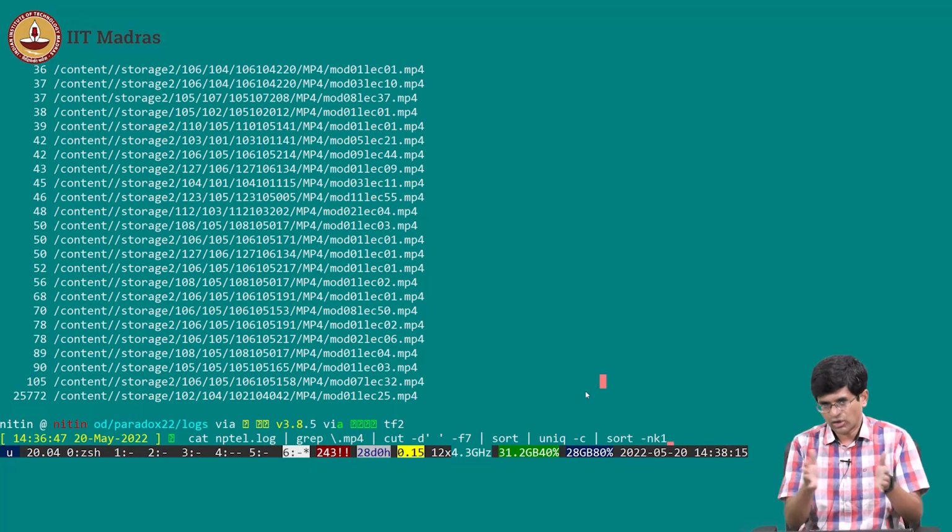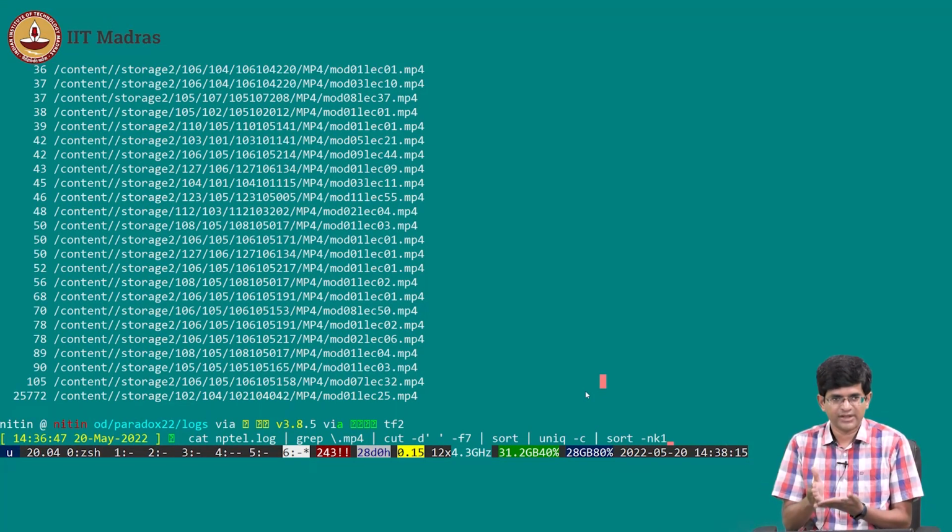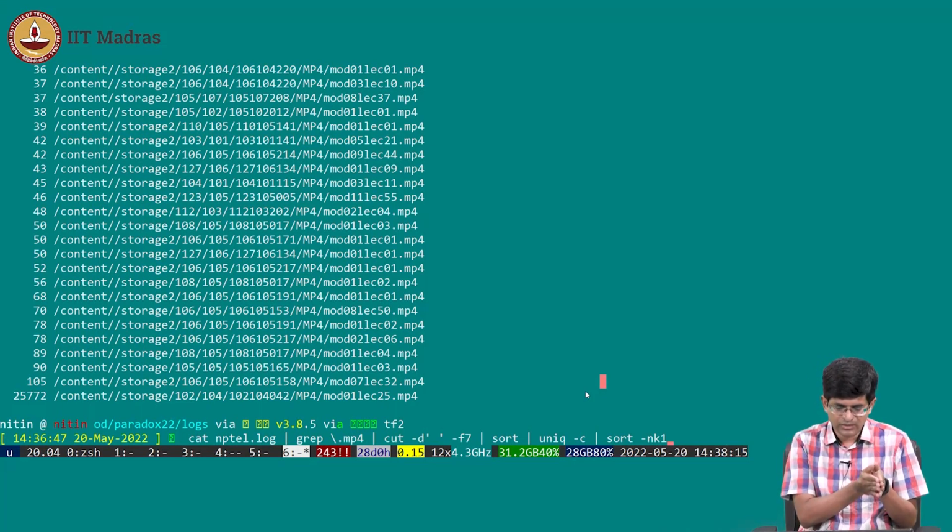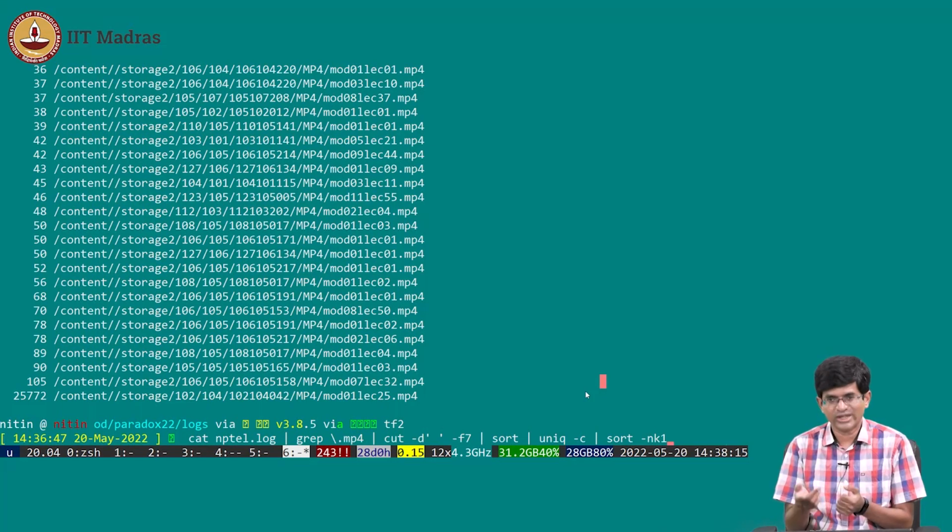Now, depending on whether your system was a multi-processor system or a single processor system, in either case, the operating system is multitasking, meaning that it's basically slicing time very finely, giving 10 milliseconds to one program, 10 milliseconds to the next, and so on, or some small amount of time. So the moment you have some output from grep, it will feed it into cut, it will then go look at cut, run it, and so on. But now look at sort. Sort doesn't work that way. Sort needs the full input before it can start generating output. So the moment you hit sort, the unique and the sort after that are stuck over there, waiting.